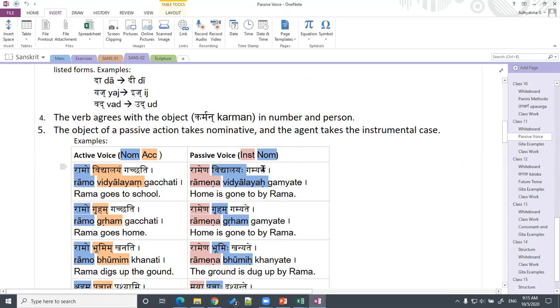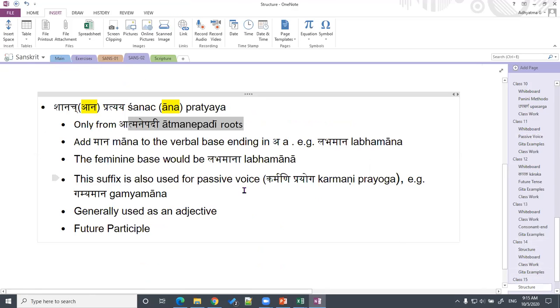So it becomes Gamyate. It takes the Atmanepadi suffix, and Gamya becomes the base. Because again it's an akaranta base, it becomes Gamyamana. Now unlike active sense where Labhamana would mean that he who is gaining something, he who is getting something,